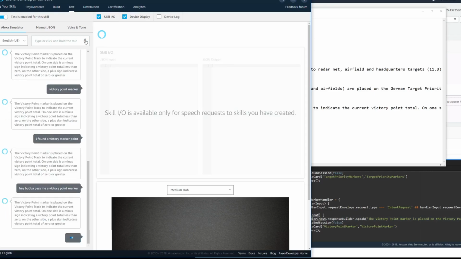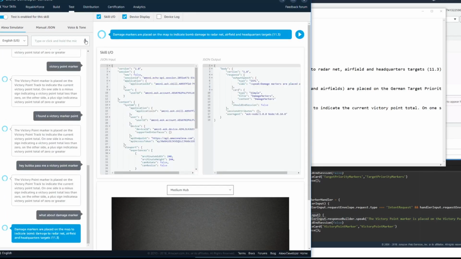Damage markers are placed on the map to indicate bomb damage to radar net, airfield, and headquarters targets. 11.3.